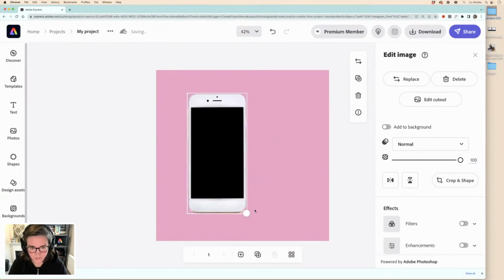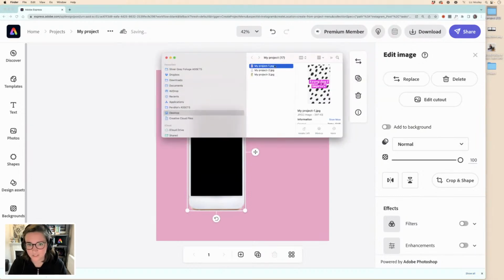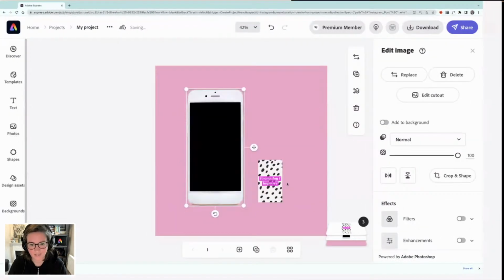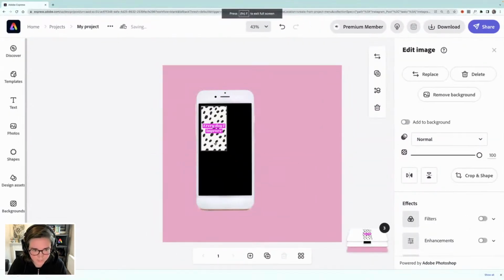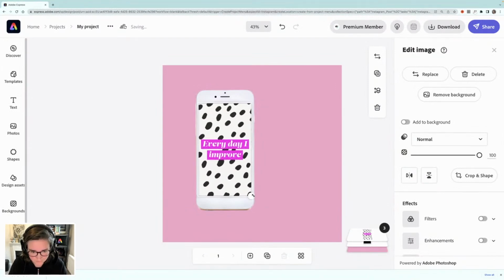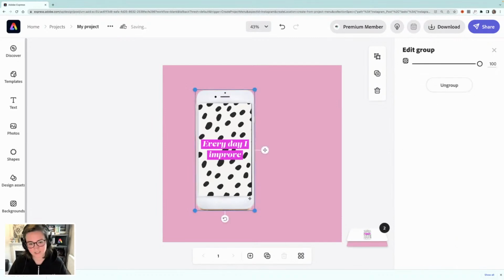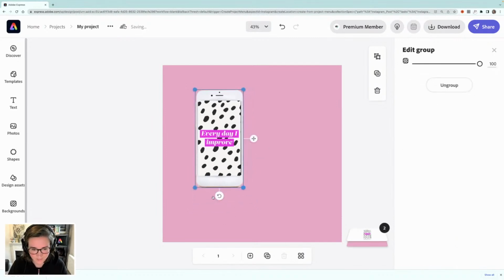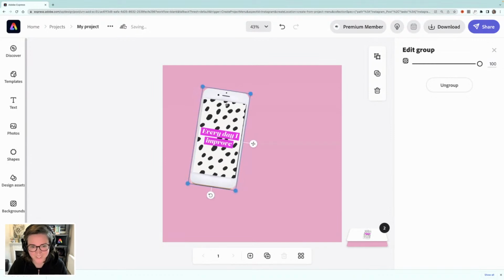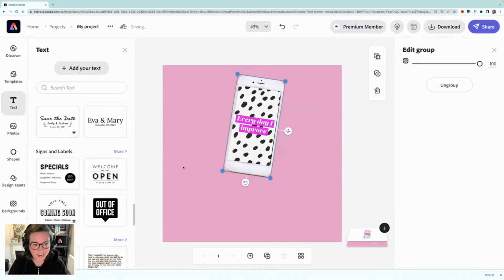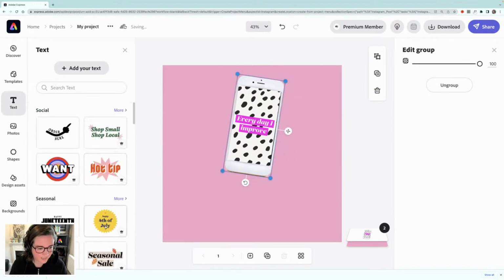And now what I'm going to do is just drag in one of our affirmations. Let's go with this one. And I'm just going to lay that over very simply and make a very quick and dirty mock-up. So if I just group that together, and maybe I always put everything at a jaunty angle. So I'm just going to put that at a jaunty angle. And then I'm just going to add some text in that says,